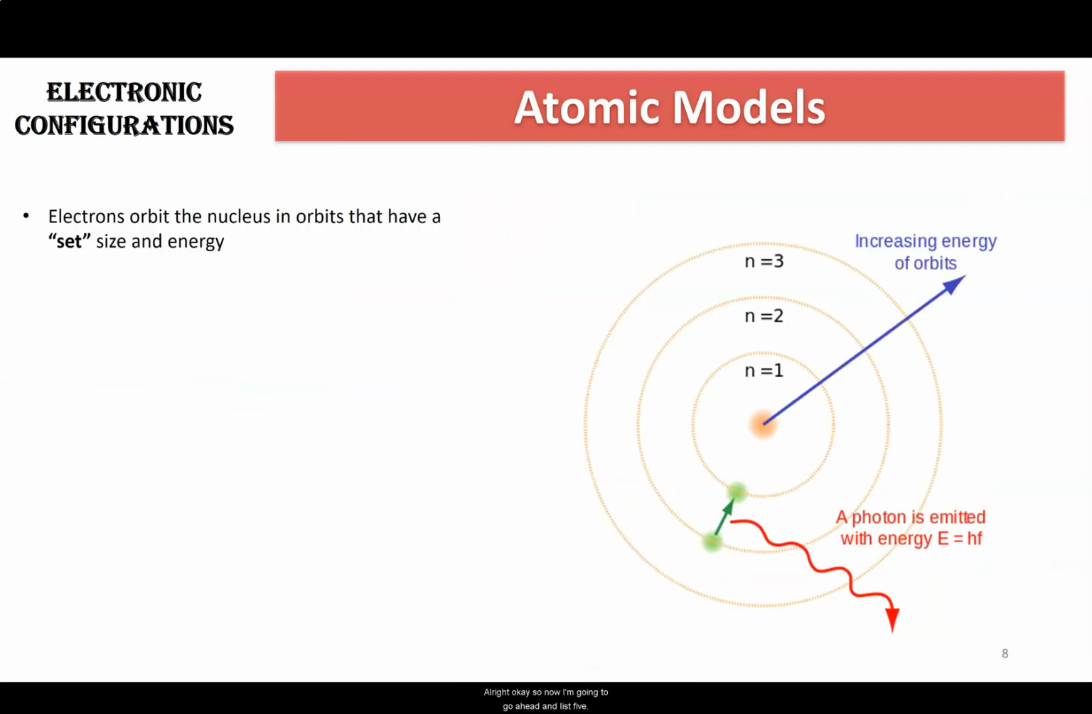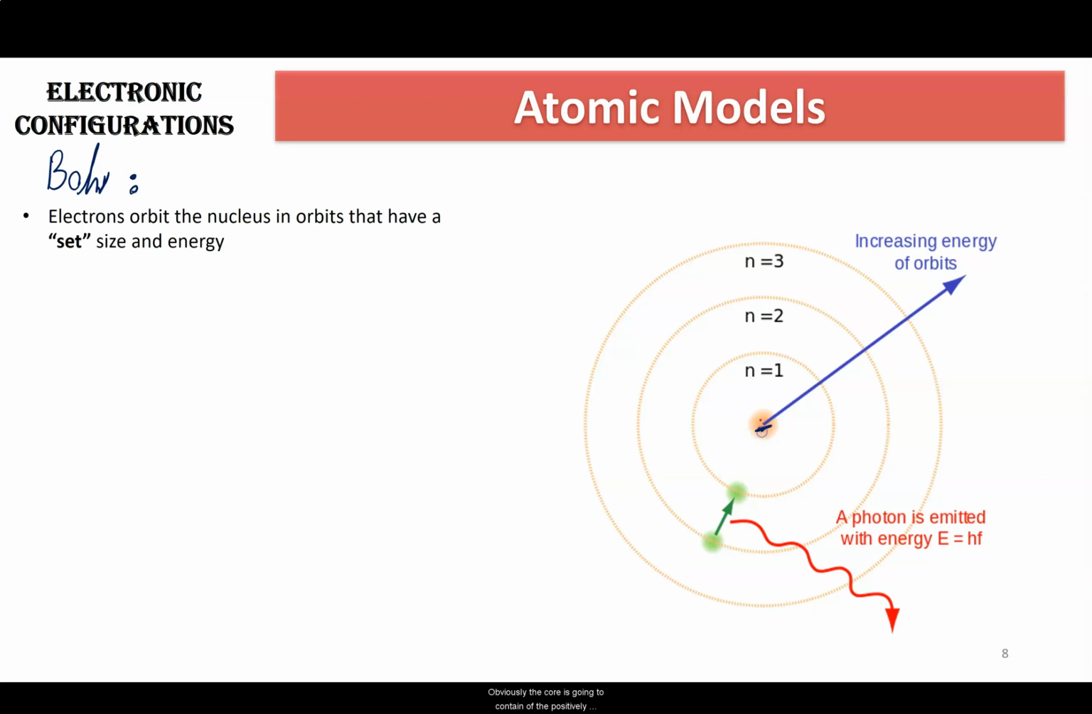All right, okay, so now I'm going to go ahead and list five criteria that are found in Bohr's atomic model theory. Now, the very first one suggests that electrons orbit the nucleus in orbits that have a set size and energy. I just talked about it in greater detail, but I'm going to demonstrate it using a little bit more scientific depiction here. So, if you think of this whole race of circles here to be the atom,